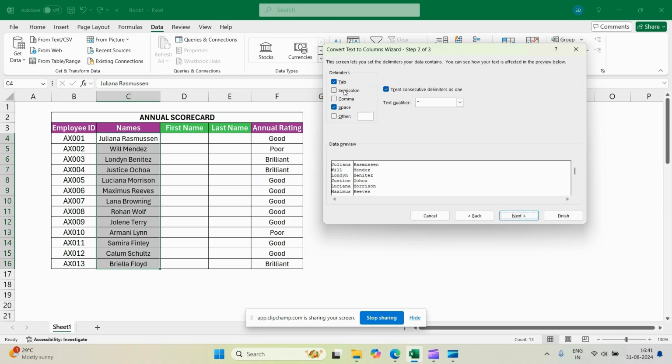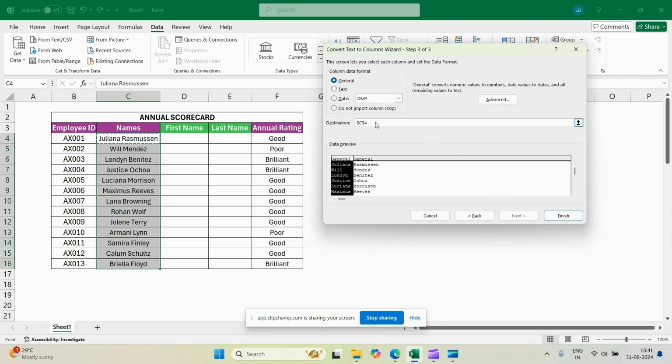Now we can see various delimiters to select from. We will select space, and below we can see the result it will give, and we'll click on Next. Now it's time for the destination where it should process our result to. We want it under first name and last name, so we'll select the first empty cell under first name